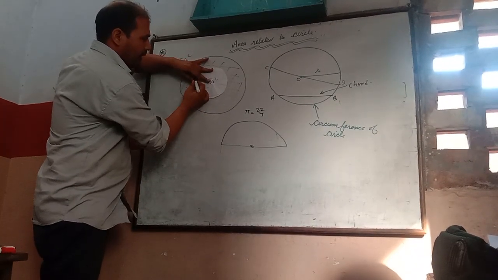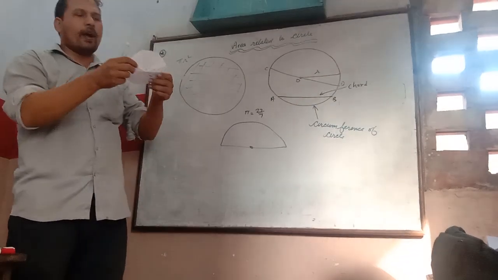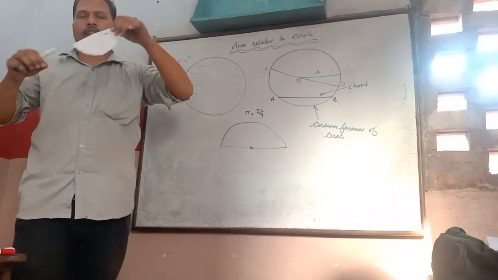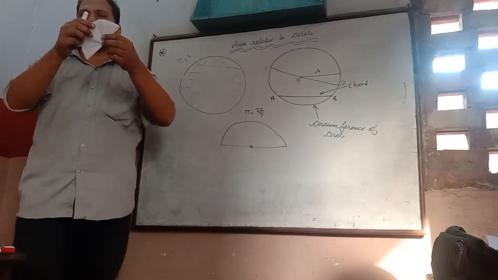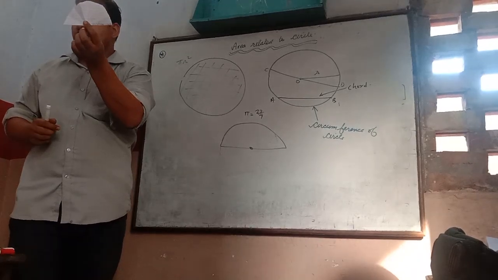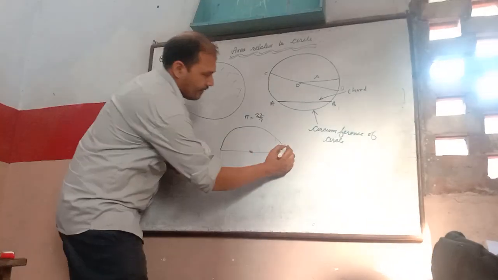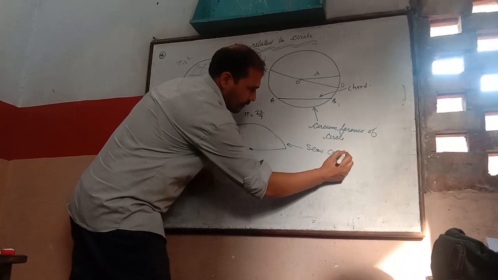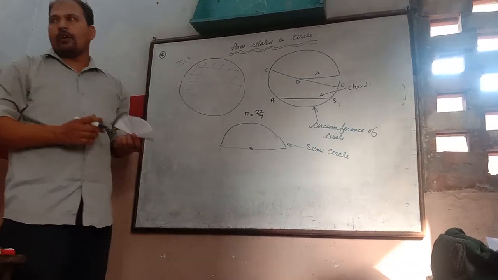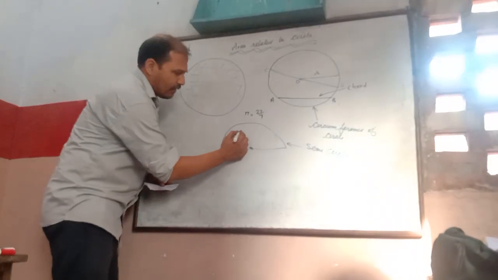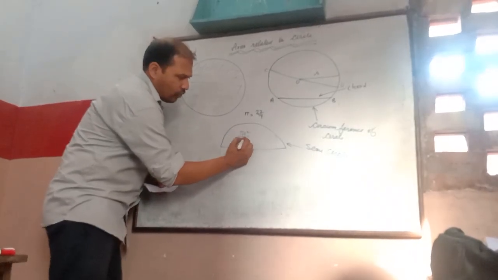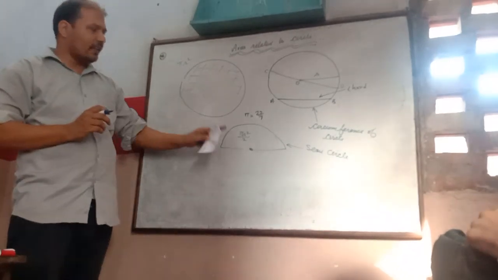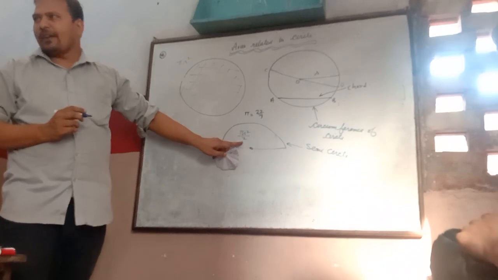Okay. When we will divide it into two parts or cut a circle into equal two parts, that is the semicircle. That is called semicircle. Okay. Now area of the semicircle, that is pi r square upon 2 because semi 2. Okay. Area of circle pi r square and divided by 2, pi r square by 2.